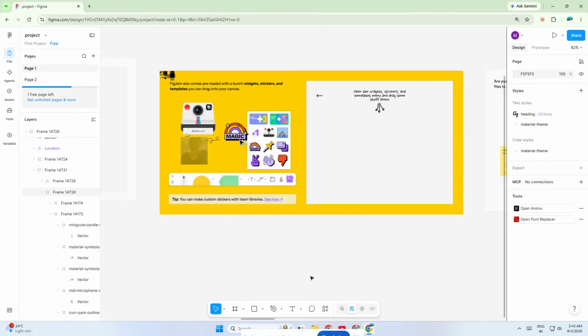If you want to learn how to create a watch icon in Figma quickly and easily, you're in the right place. In this video, I'll walk you through a simple step-by-step method using a free plugin so you can add a clean watch icon to your design in just a few clicks. This is perfect for UI design, prototypes, app mockups, or any project where you need a watch symbol without drawing